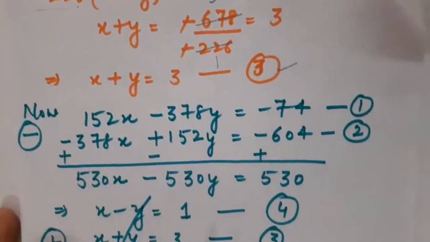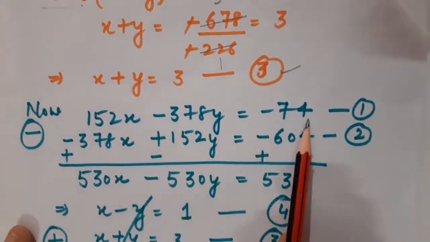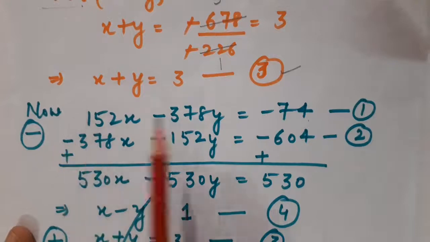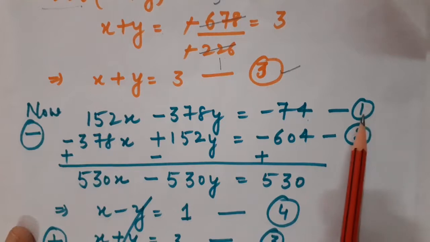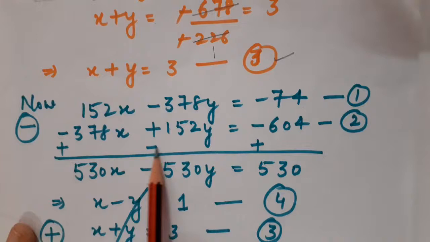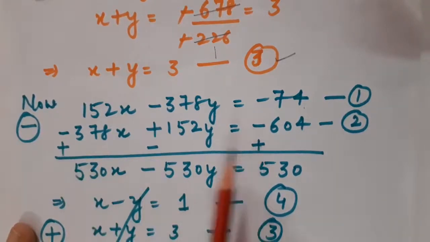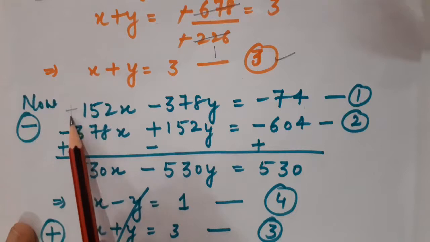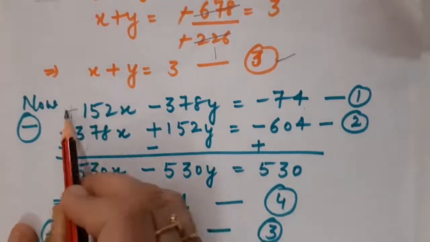Now, what is to be done after that? The two equations which you had given in the statement, you added first and now we are going to subtract both the equations. So you subtract equation number 2 from equation number 1. Definitely in subtraction, you know children, the sign will be changed. So these are the signs after changing. Fine. So this is with the positive sign, positive 152. This is also positive 378.